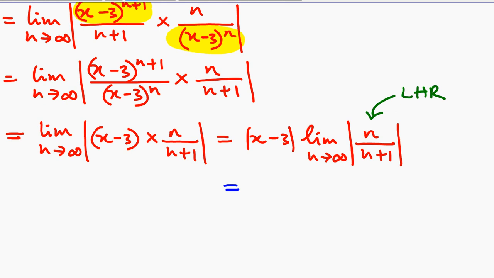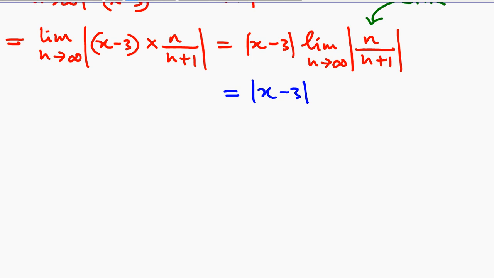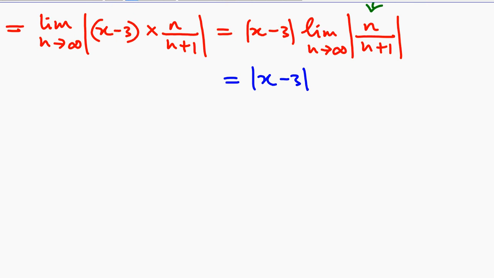So we'll just end up with the absolute value of x minus 3. But we know that for convergence, this should be less than 1. So this converges